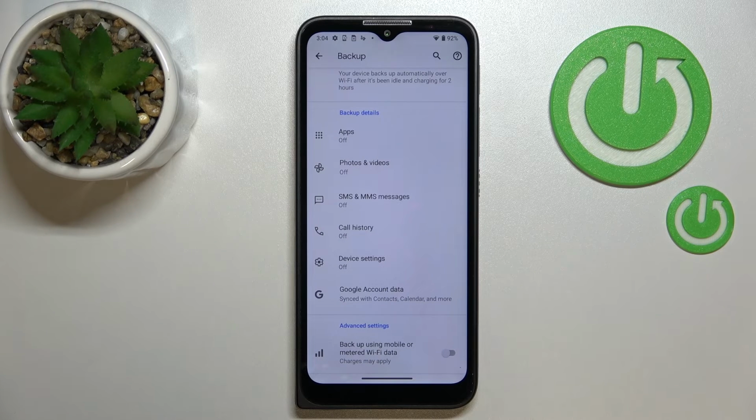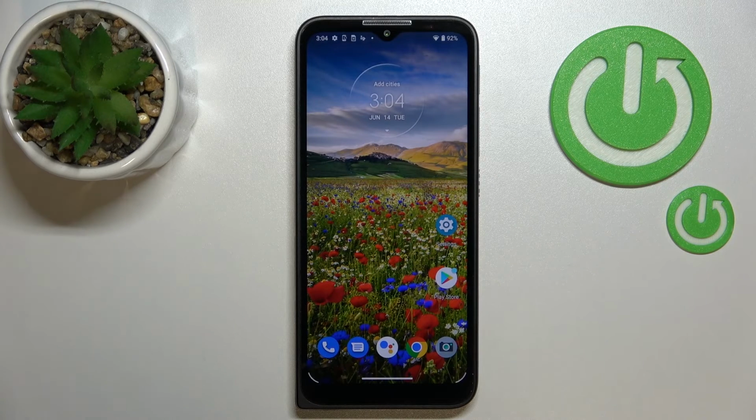We've got the backup using mobile or metered Wi-Fi data, and I highly recommend to keep this option turned off because your device or maybe your developer may charge you because of using the mobile data. So actually this is it. This is how to enable Google Backup in your